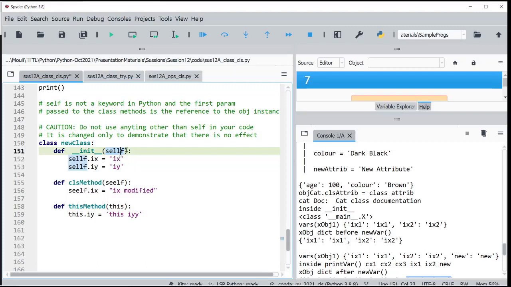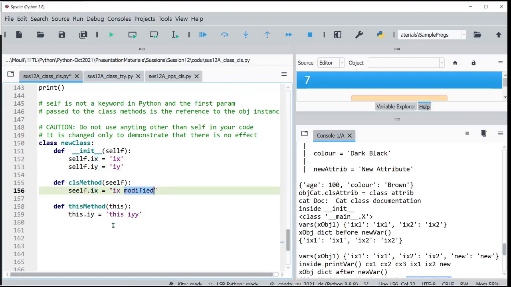You see here I am calling it self, and it doesn't matter as long as I use the same name here, it means the same. This is actually a label, an identifier which is bringing in the newly created object reference. And when you have that, it is getting passed, and you are creating a new object attribute using that, and you are changing the value.